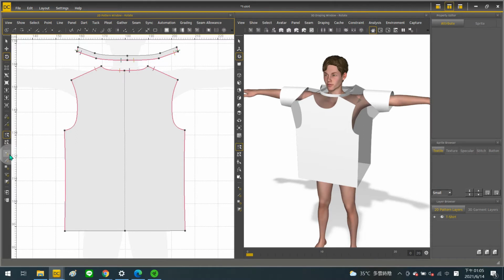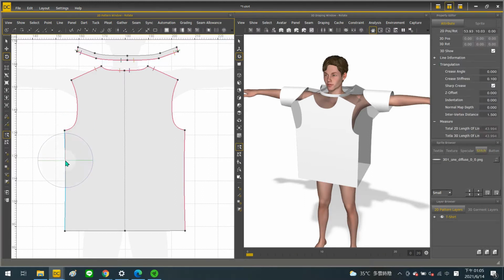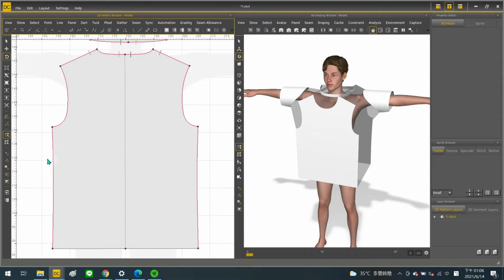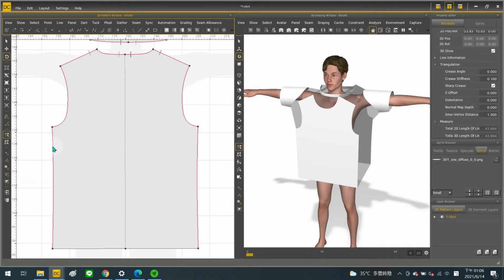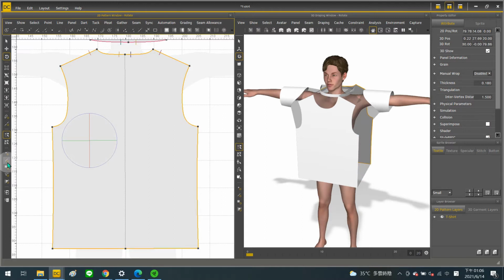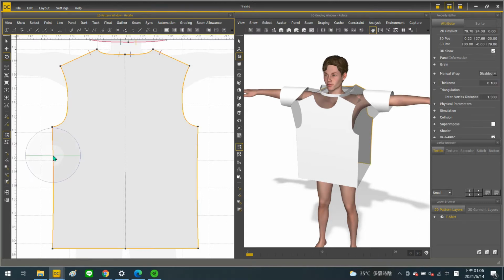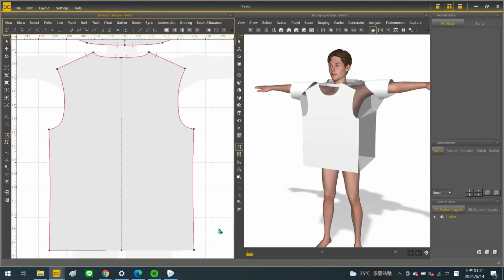The next group is to enable and disable the targets that can be selected in the windows. The targets that can be selected in the 2D window include points, lines, panel, dot, and scene. When the icon is shown in yellow, it means the selection of the target is turned on. If it is turned off, for example, let's turn off line selection. Then the icon will show in gray, and the selection of line in the 2D window couldn't be done.